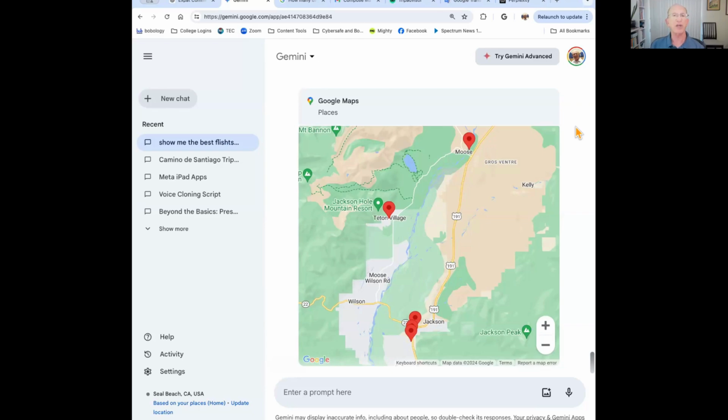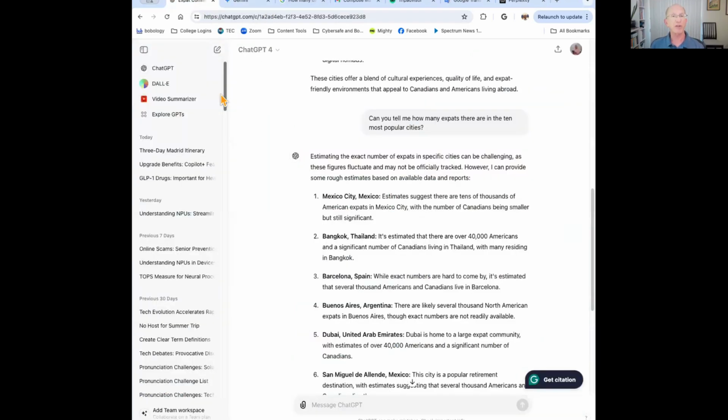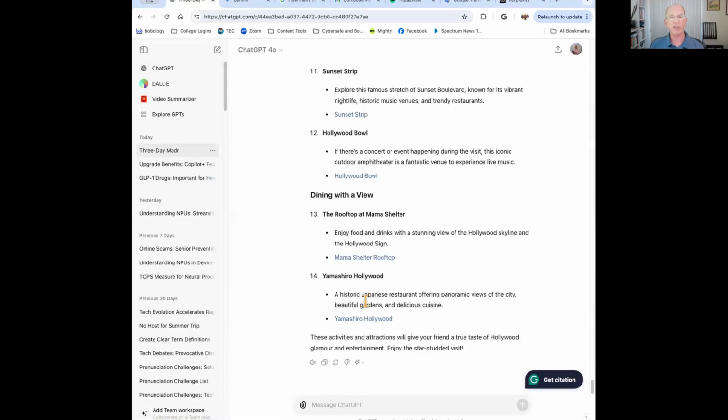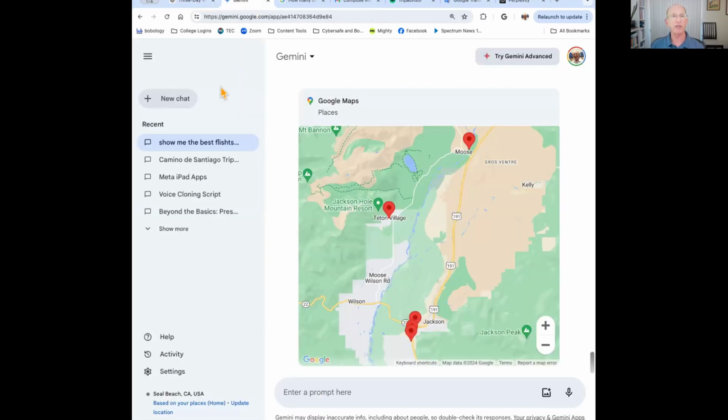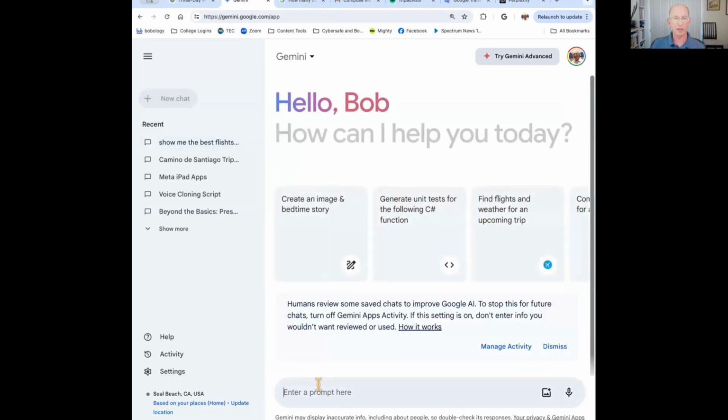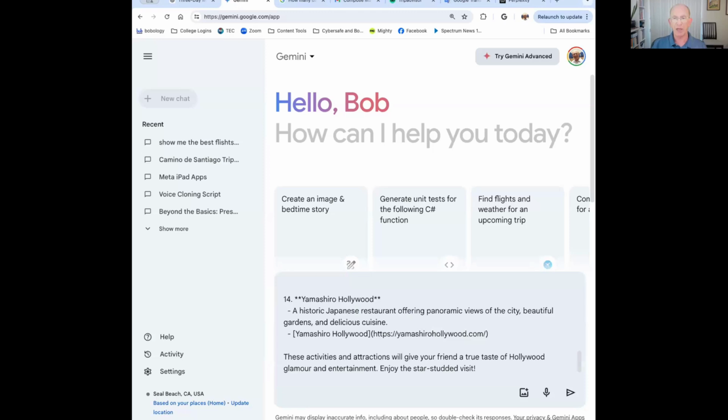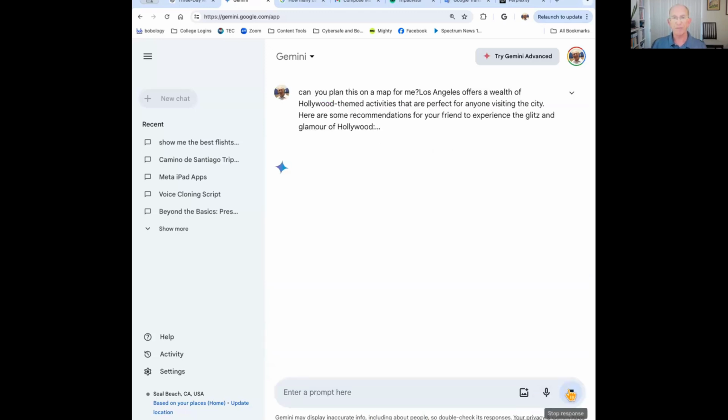But you're still going to get a lot of good information. You could take the information from the 3-day Madrid itinerary, copy that out of ChatGPT, start a new chat and say, can you plan this on a map for me? And just paste it in and see what happens.